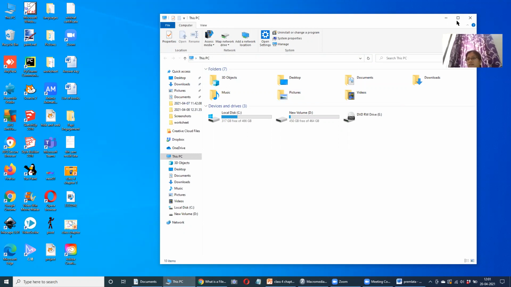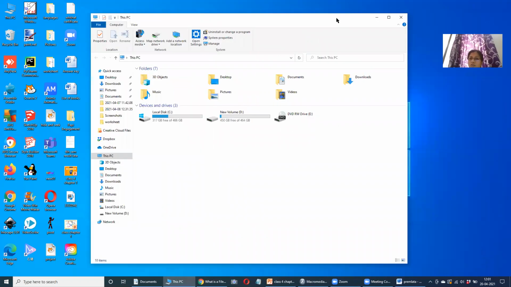Imagine I have made a file, I have written a story, and I forgot where did I save it. So what should I do? I should come to this PC from where I can open the File Explorer and then click here on the search page, and you can start typing the name of the file which you have saved and click.